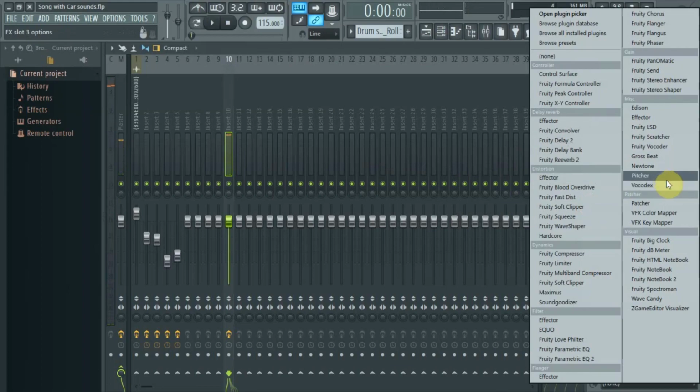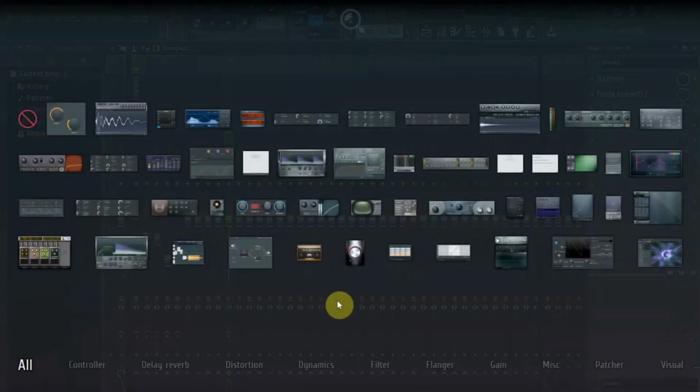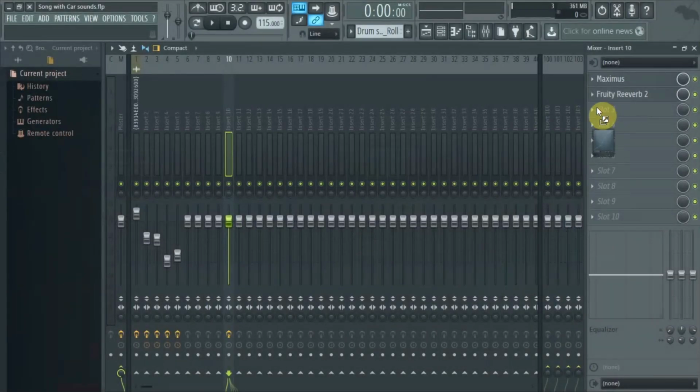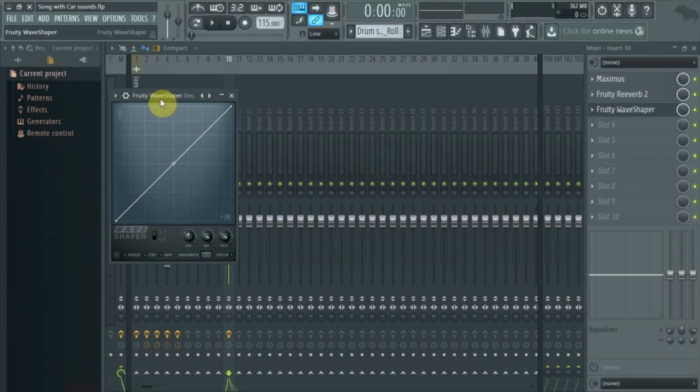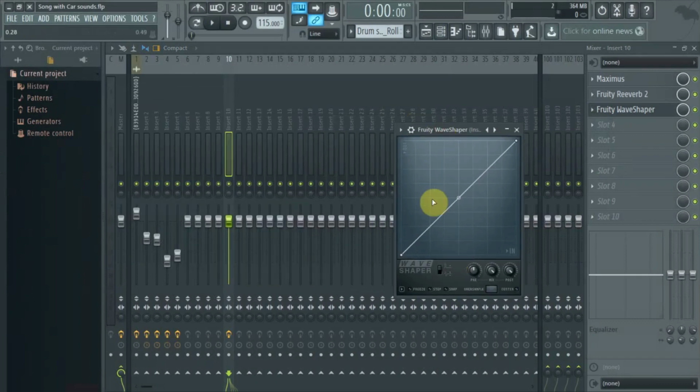Okay, and then after the reverb, I can add another one over here, which is called our wave shaper. And the wave shaper can help me to give a little bit more contrast to it, basically. So let's hear what it sounds with the wave shaper. So without changing anything, there's our drums now. And if I start changing this,